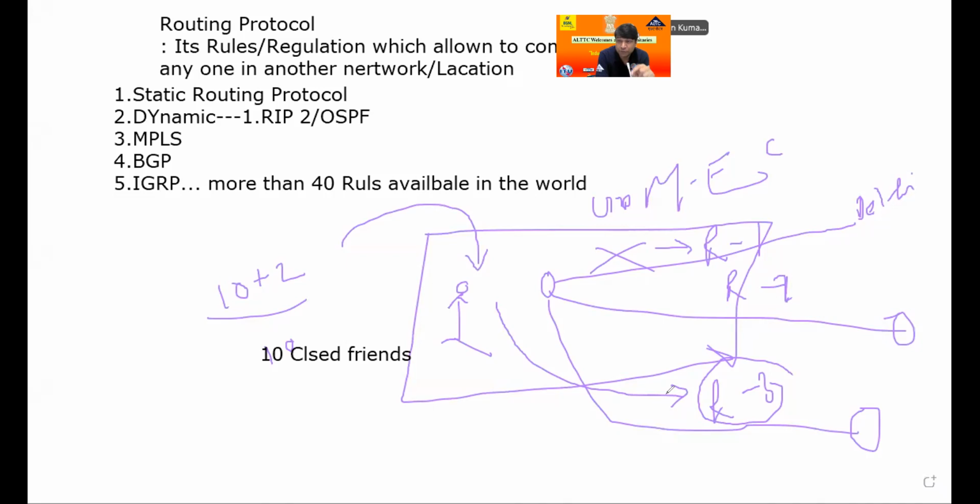Such rules and regulations exist in the communication system. In every city of India there is a cantonment area, or border areas: India-Pakistan, India-Nepal, India-Bangladesh, India-China. Such rules and regulations are the static routing protocol. If anybody wants to communicate from one location to another, this protocol is applicable for security reasons, because not all communication is allowed, only meaningful communication. So let's go practically, then it is easier to understand.